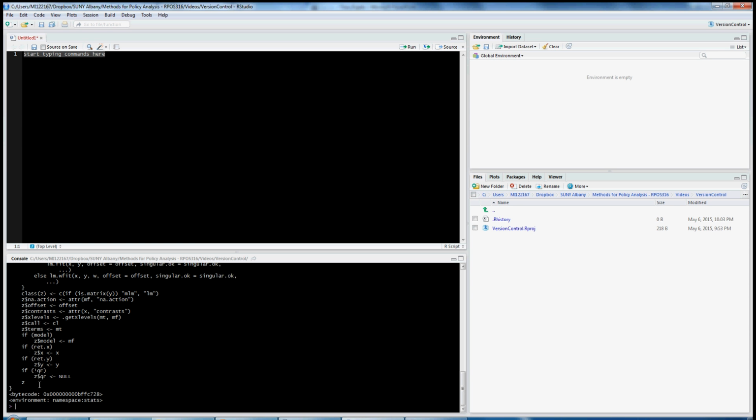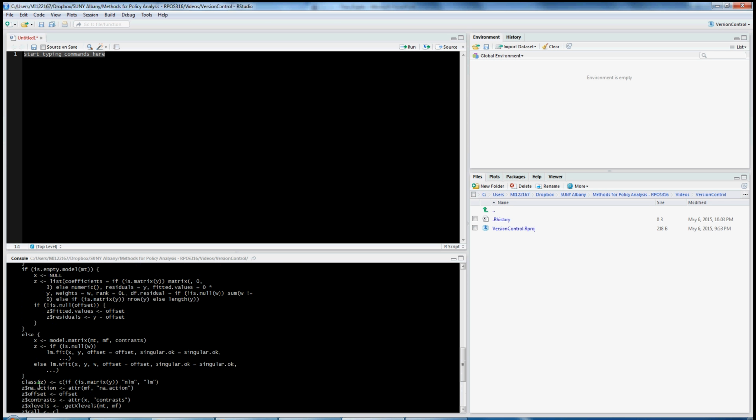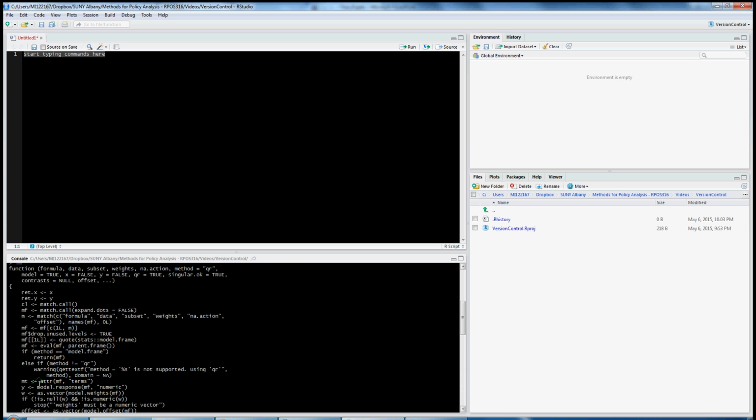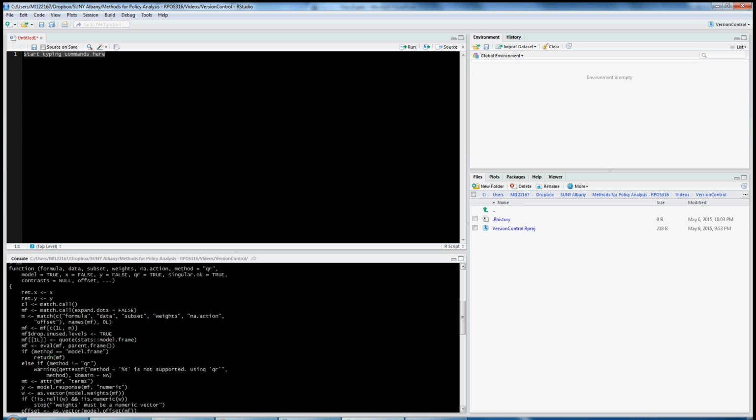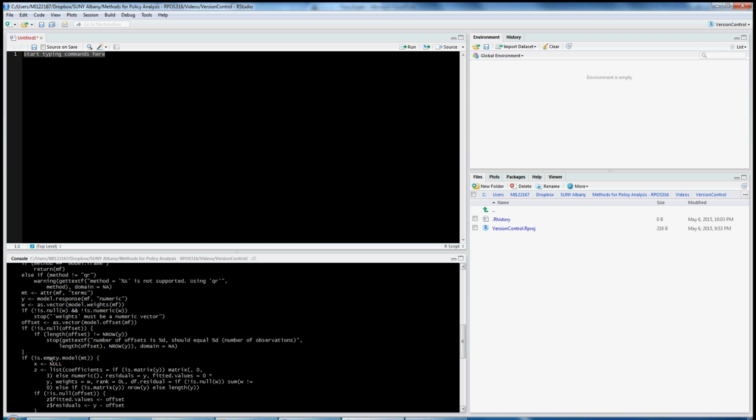This is a major advantage to open source software, open source environments in general, is that you can very clearly see the nuts and bolts of what's working underneath a command that you might be using. This is a way of peeking under the hood, so to speak,